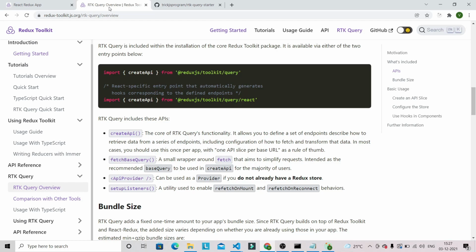If you haven't set up a Redux store in your React application, you can use this ApiProvider, but we are not going to use it in today's video because we are going to follow the same old approach, that is, wrapping our component with the Provider. We wrap our App component with the Provider, and in the Provider we pass the store so that our components can access the state from the store. This is the approach we are going to use in today's video. And guys, if you are interested to know more about RTK Query, I will provide the document link in the description, so you can always check out the description.